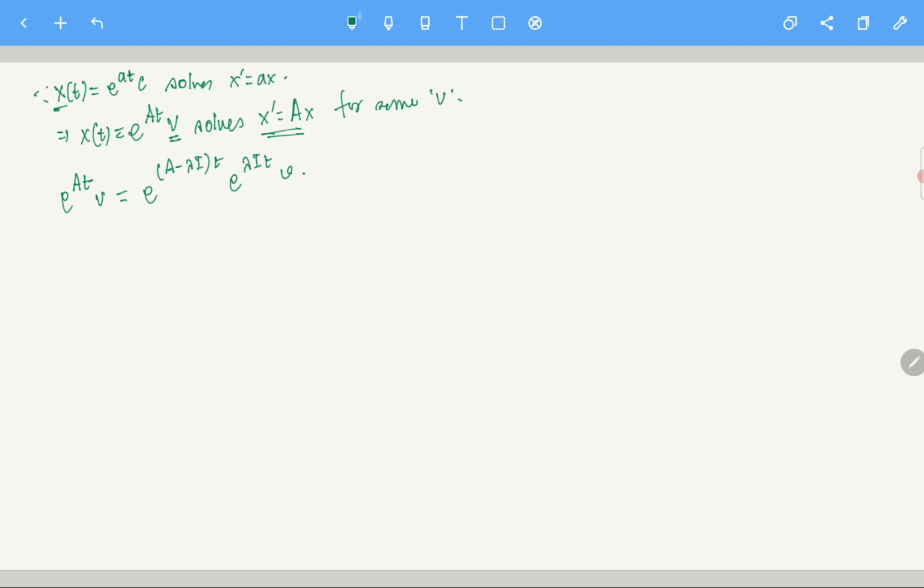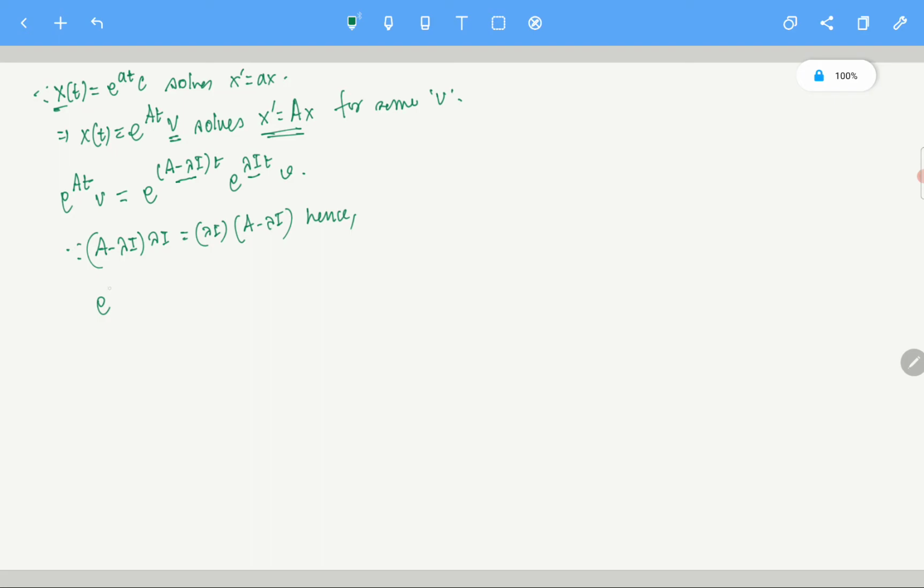Here we see this is the equal root case, a complicated case, so we are looking at it from a different point of view. We are writing e^(At) times v as this. Now you see A − λI and λI, these two matrices are commutative. Since A − λI times λI equals λI times A − λI, they are commutative. Hence